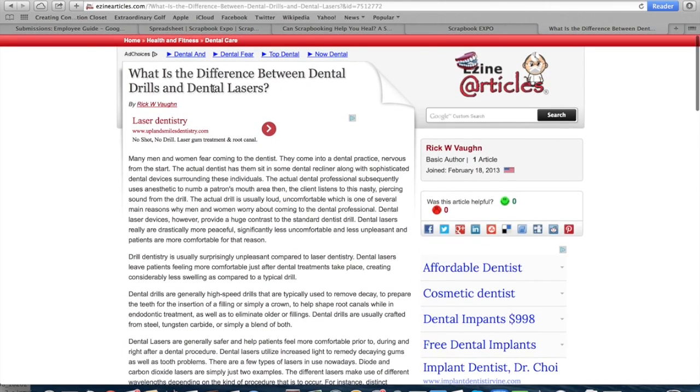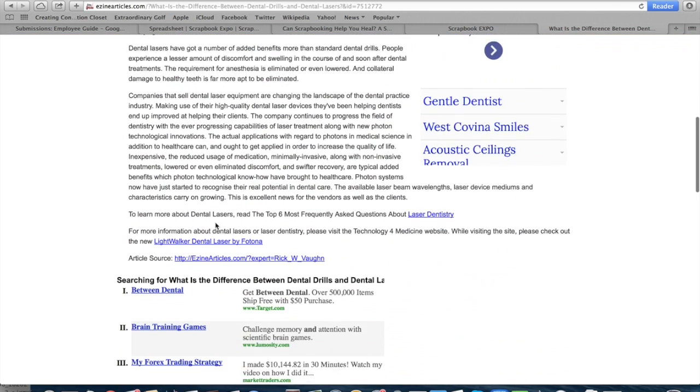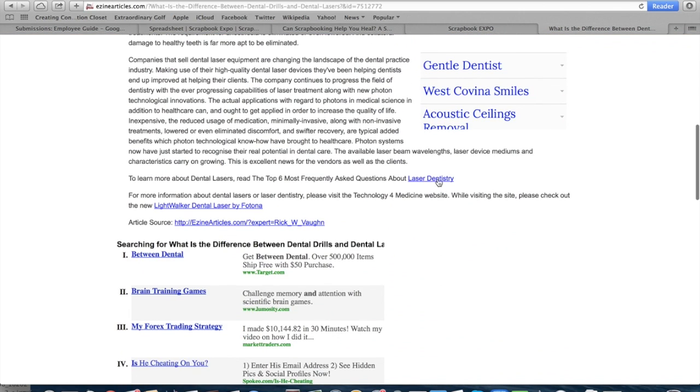Here's another example of an article we created. What is the difference between dental drills and dental lasers? And you can see here the different types of anchor text we have: laser dentistry, Lightwalker Dental Laser by Fotona. Another thing I want to mention is that you want to vary your anchor text. In this particular instance, the keywords we're targeting are laser dentistry and dental laser. Now, what I would recommend is that 1/3 of the time you use the full keyword